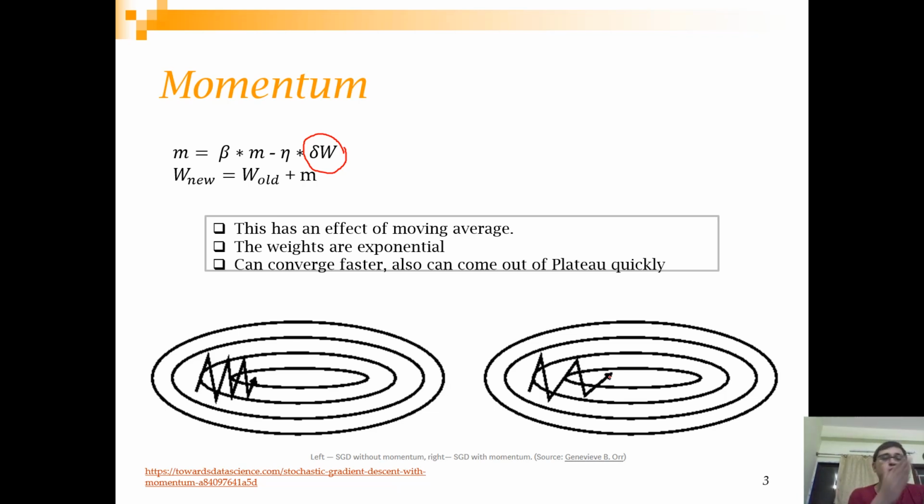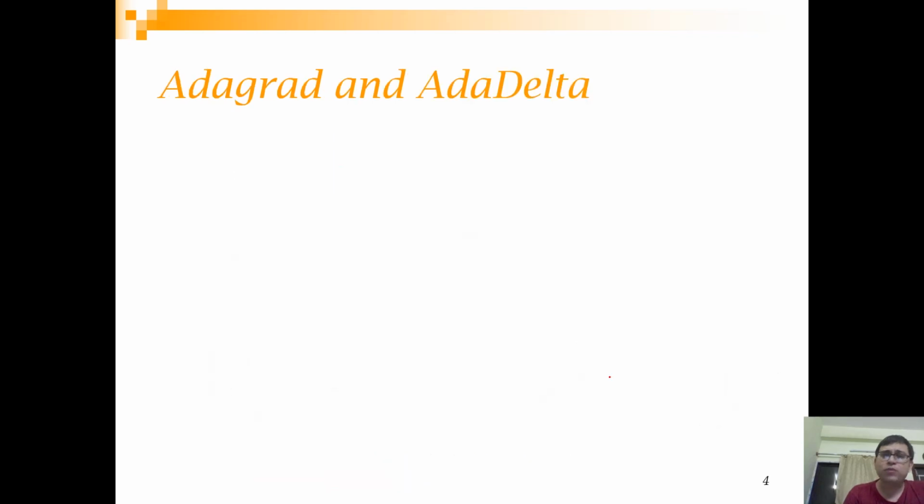Okay, so that's why we move from SGD to momentum. Now, as we were discussing, there are two components which determine the value of the parameter in the next iteration: one is the derivative, another is the learning rate. Now the option that we think about is, can we also change the learning rate? And why do we actually think of changing the learning rate?